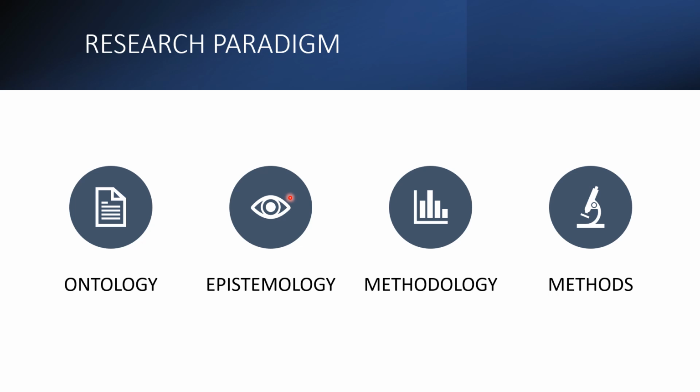Now, what I want to emphasize is that a research paradigm is often looked at from the perspective of ontology and epistemology. So if you combine both of these, you will form an explanation of your research paradigm. As mentioned by the previous lecturer, ontology means you question the reality, right? What is reality? But when you look at epistemology,